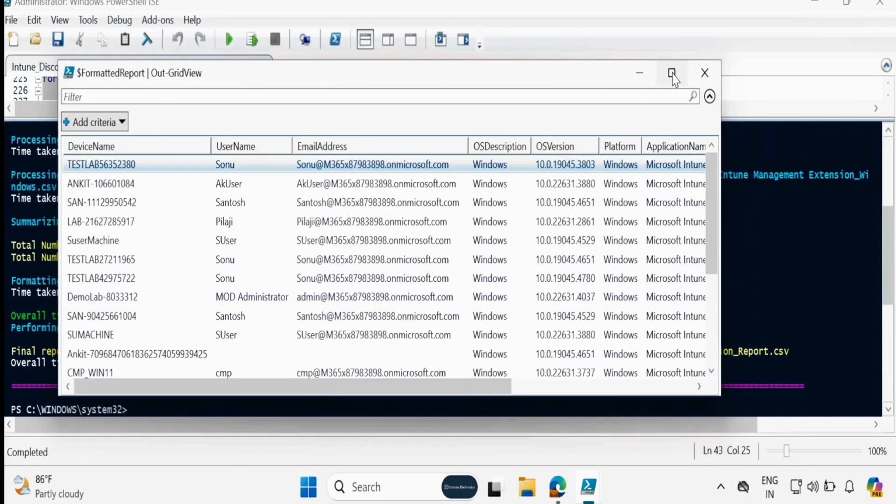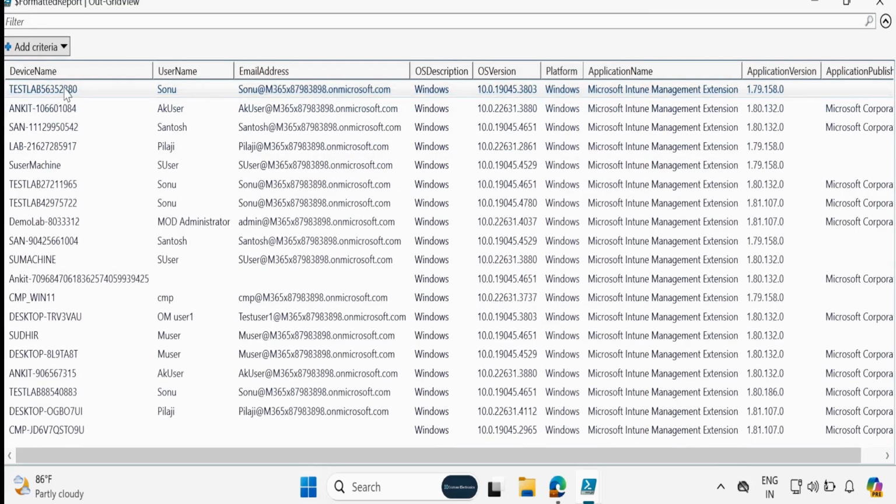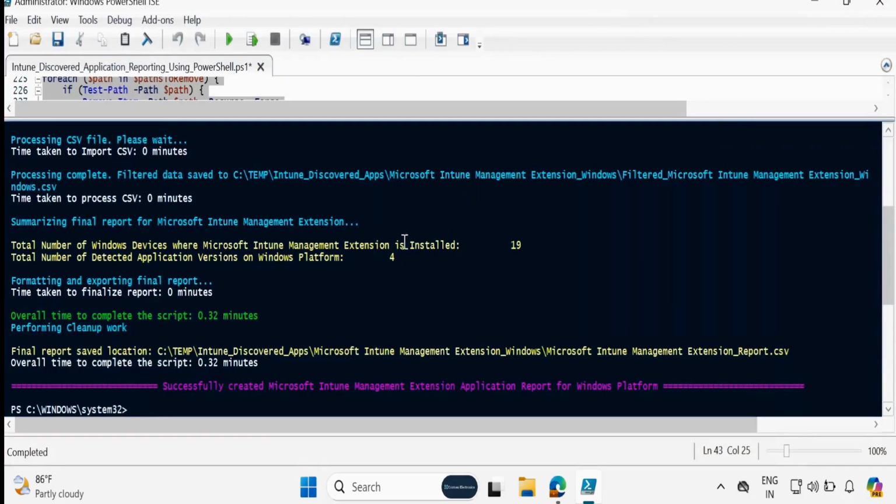Now we can see the report where Microsoft Intune management extension is installed, with the OS version, platform, and the application name with the version. We can also see that we have 19 devices where Microsoft Intune extension is installed, and 4 different versions of Intune management extension are detected in the entire infrastructure.